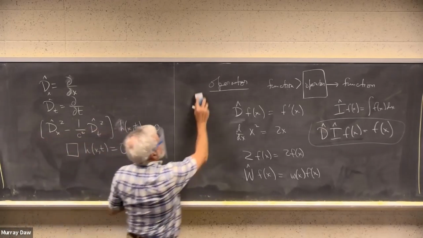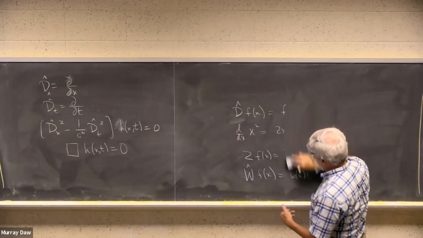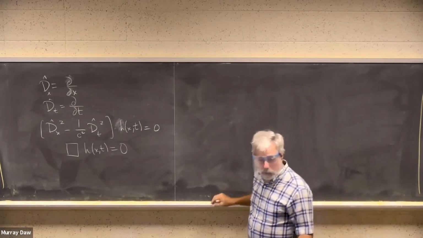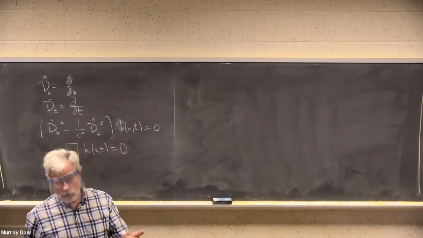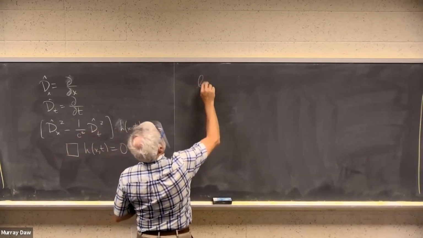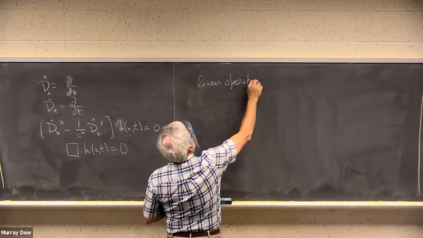Okay, now these particular operators that I've been showing: multiplying by a constant, multiplying by a function, derivative, any number of derivatives, integrals, antiderivatives, any number of those are all linear operators. A linear operator